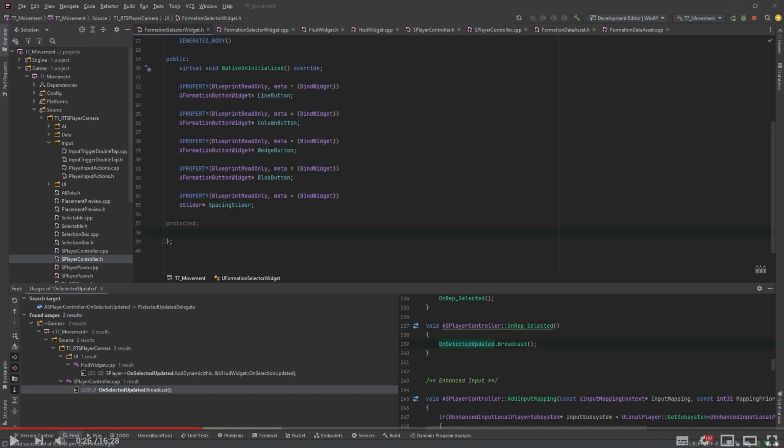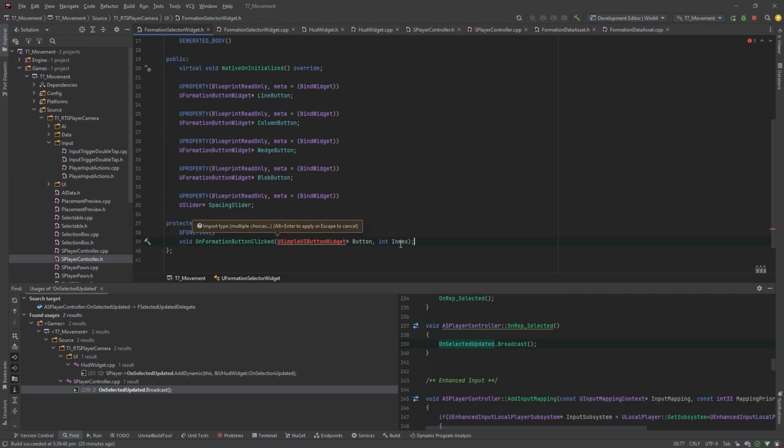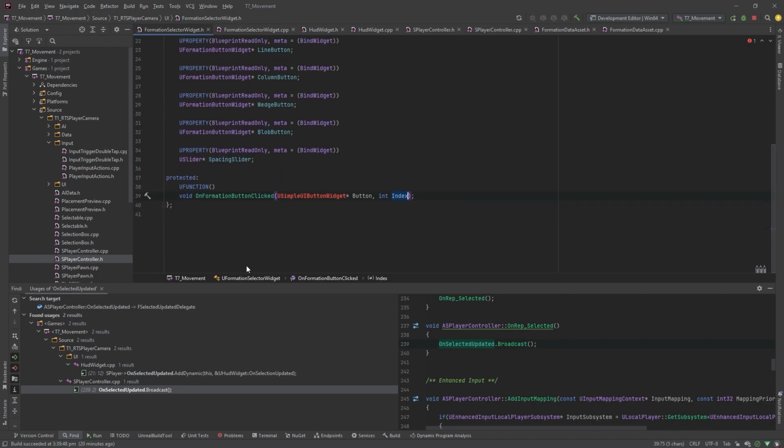All right, so now we need some functionality in here. And the first one is that we selected one of those buttons. So all these buttons can just go to the one function because they're going to pass this index, which tells us the difference between them. Without that index, we'd have to have a function for every button, and you get a lot of code repetition that way. So we'll build that function